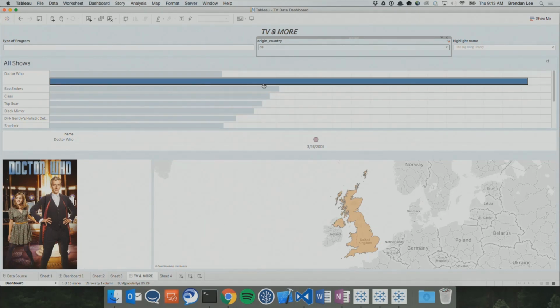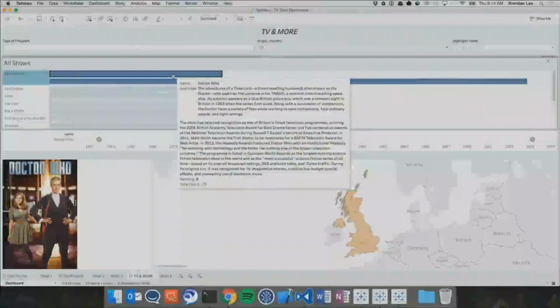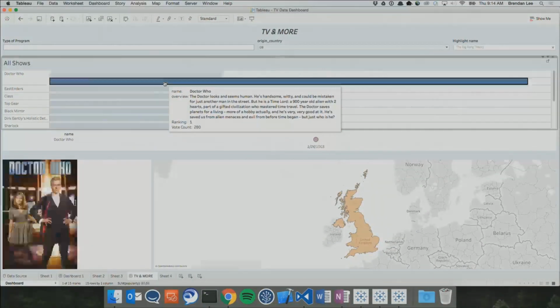And one of the ones that really struck me as kind of cool was Doctor Who. Doctor Who actually won multiple television Academy Awards back in 1963, and it was one of the most popular shows. It was a Great Britain show shown in the U.S. But because it was so popular in 1963, we actually reinvented it in 2005 with a new show. So this was 1963, and this was 2005.